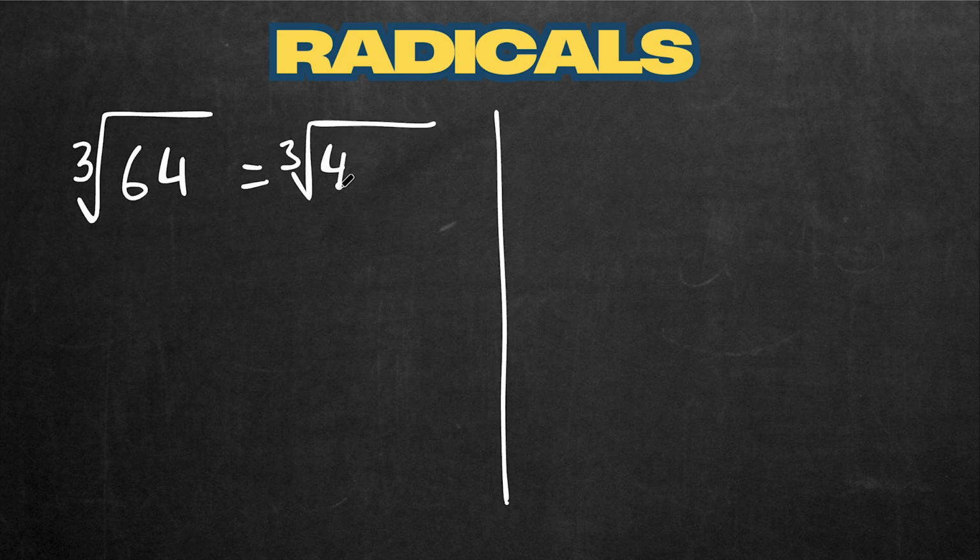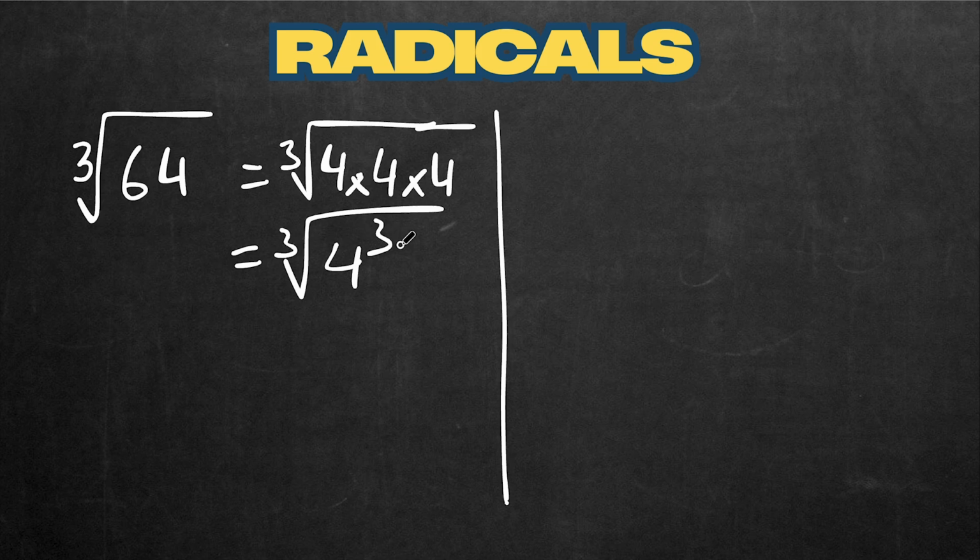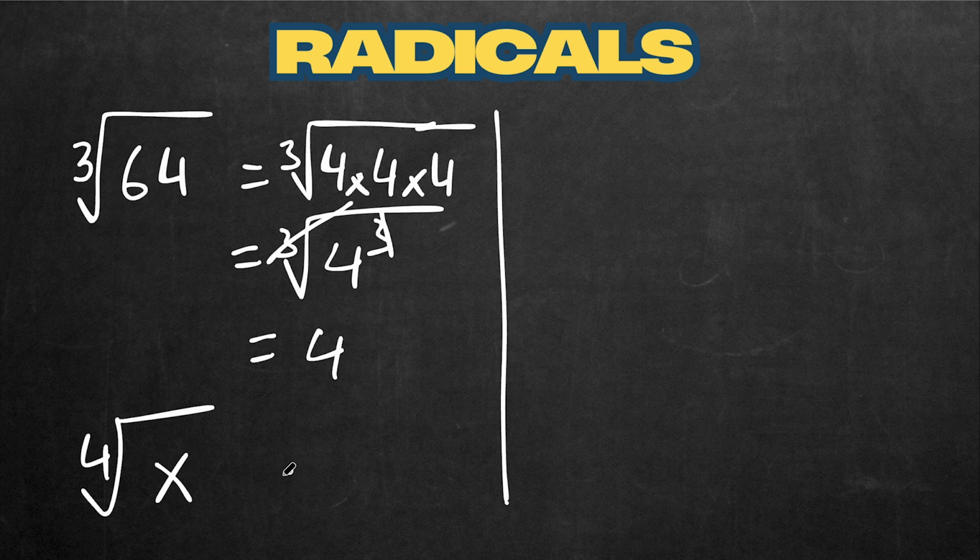So cube root of 64 will be 4 times 4 times 4, and as I said, equals cube root of 4 cube. Now you see 3 over 3. So this cube root cancels this and the answer is 4. And similarly, we can do all the operations of cube roots, then the roots of 4, roots of 5, the same way. In some places we call it 4 root x or 5 root y. I mean, this is how you write it and this is how you talk about it. Okay,